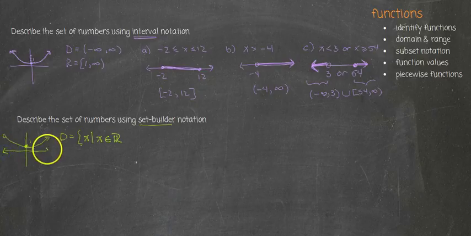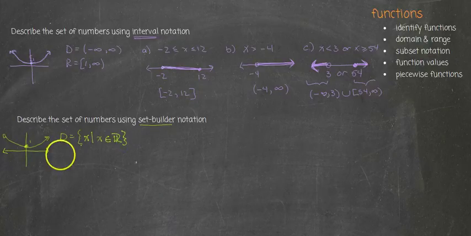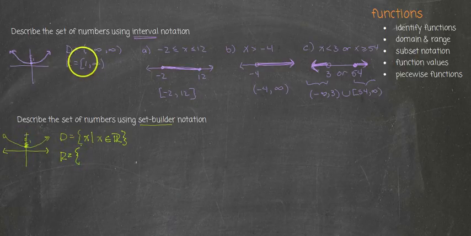Since it's everything from negative infinity to infinity, I can just say it's everything, right? So x is in the set of real numbers. And then close the bracket, and I finished that set builder notation for that domain. Now the range is going to be a little bit different here. I'm going to open the bracket for the range, and remember the range is the y values that start at and include 1 and complete at infinity. Well, I guess it never completes since it goes on to infinity. So I'm talking about y values such that